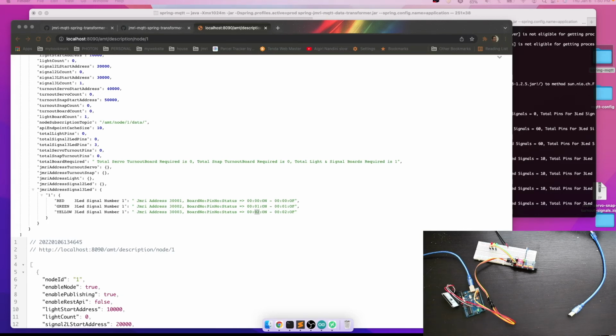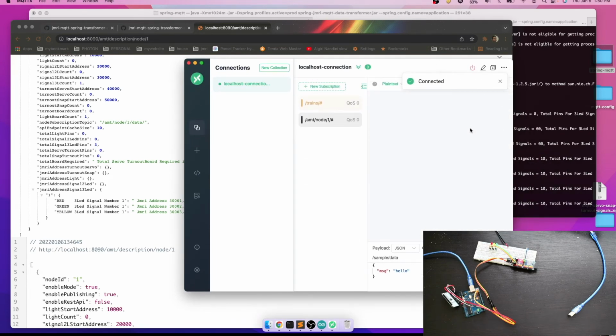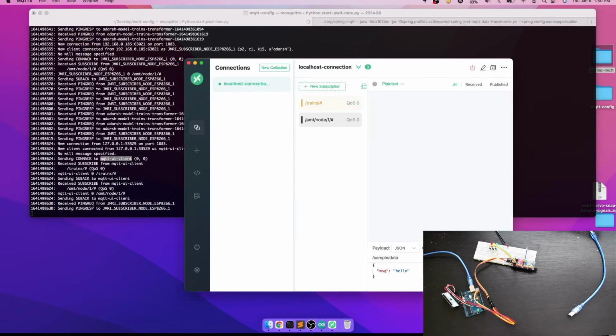Just clear the history and we'll just try to connect. So now we have connected. All these things we also don't need. Here we can see the subscriber, MQTT UI client has been connected. This is the MQTT UI client.